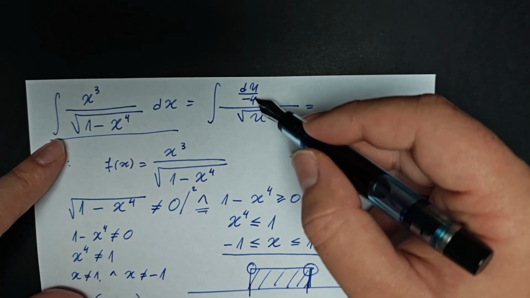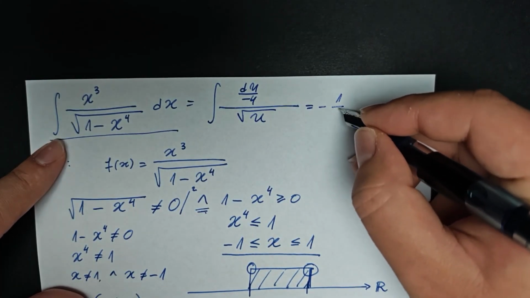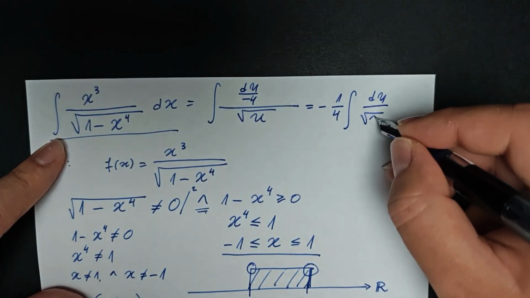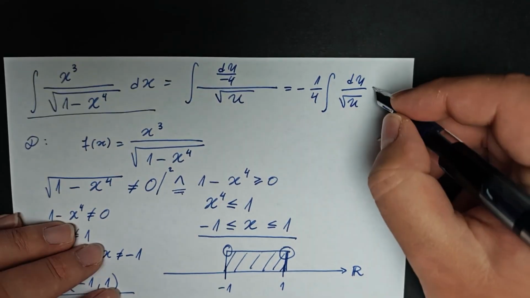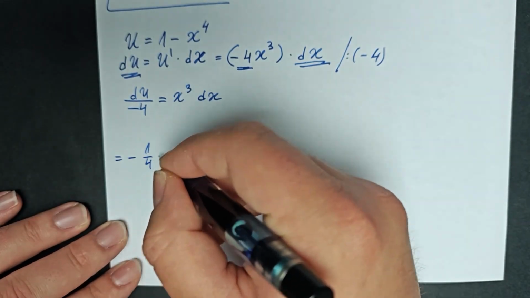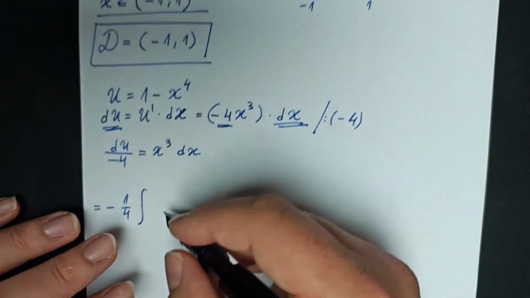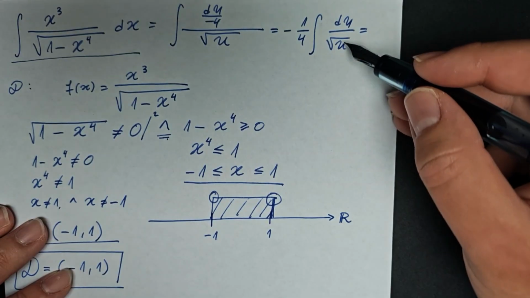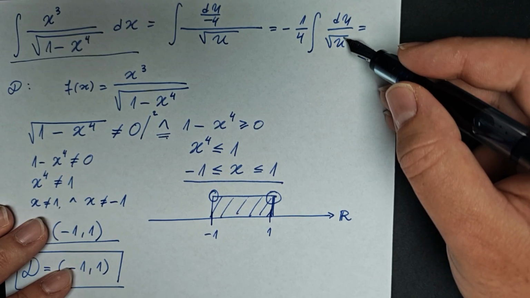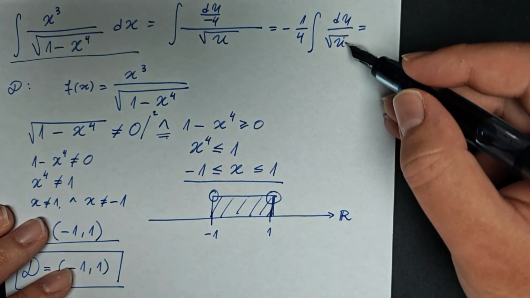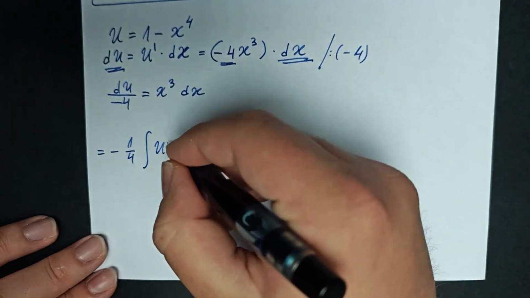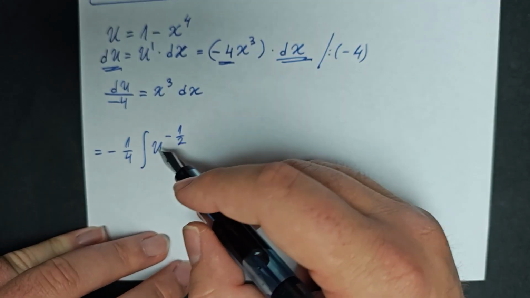A constant 1 over negative 4 can go in front of the integral, and then we have an integral of du over the square root of u. This is equal to negative 1/4 multiplied by the integral. This square root of u in the denominator can be written as u to the power of 1/2. And when we move it from the denominator to the numerator, we get negative 1/2 as the power of the